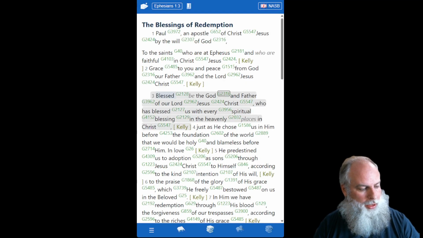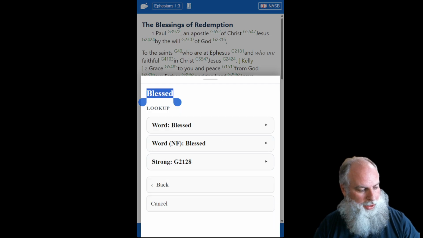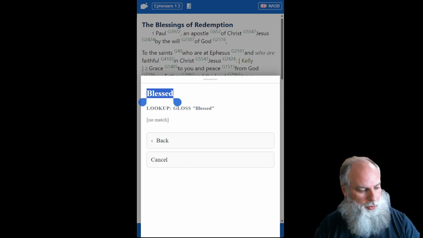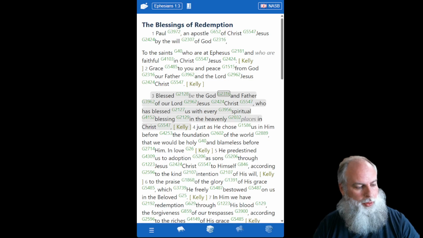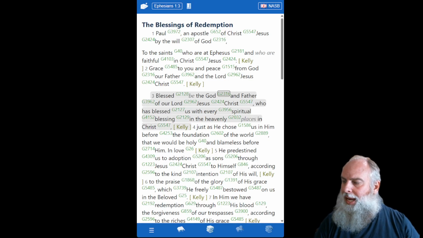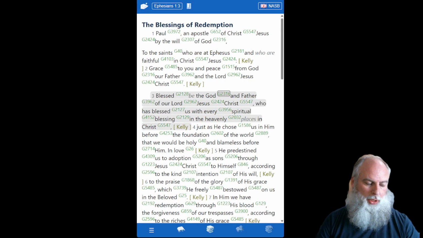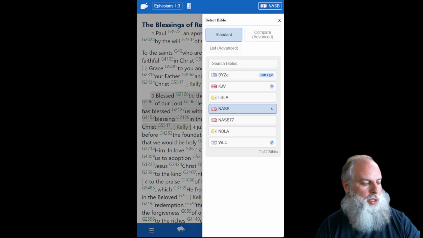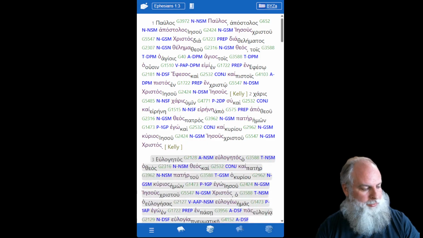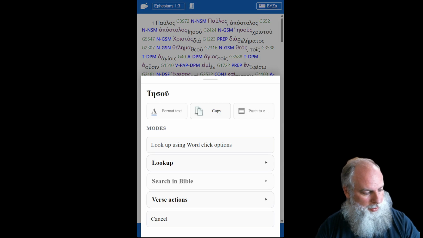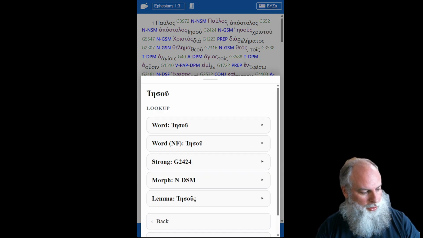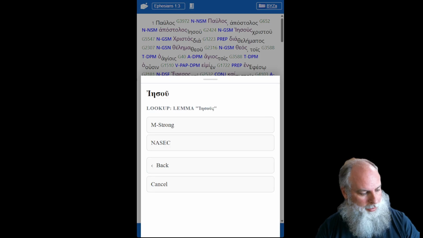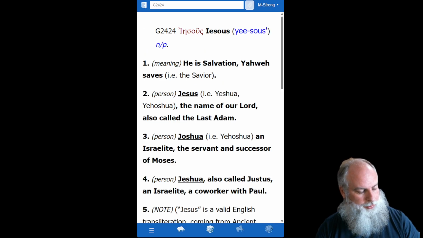And let's go back into blessed. Let's look up the word blessed. Nope, there's no match. If you were to have something like Vines that has a good English resource and links back into the Greek or the Strongs. Let's go into the Byzantine. Let's try looking up Jesus. And we're going to go look up, and I'm going to go to lemma. And so we're going to go over to M Strong, and here you go. And you can see it in the book view. Up here at the top,